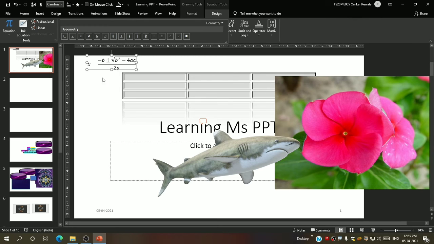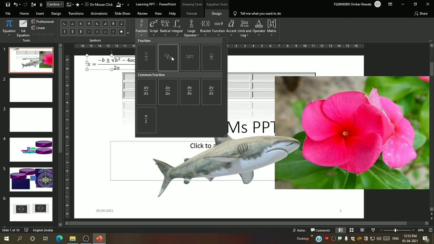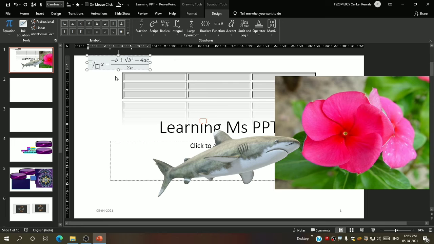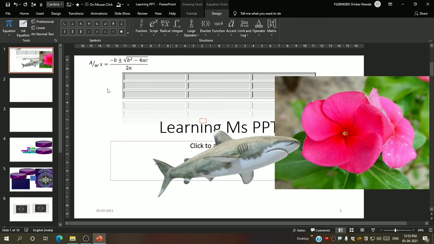See, you will also see some fractions. Now you can make the fractions custom. Click over the box and type. Right, let me zoom in.